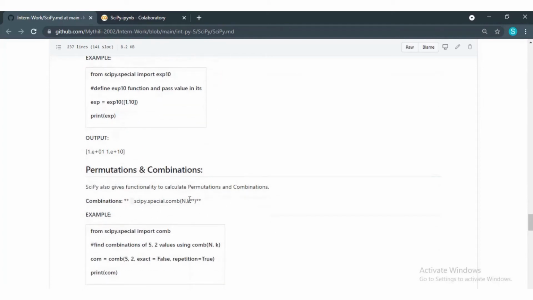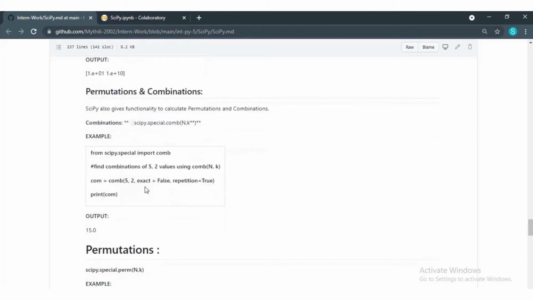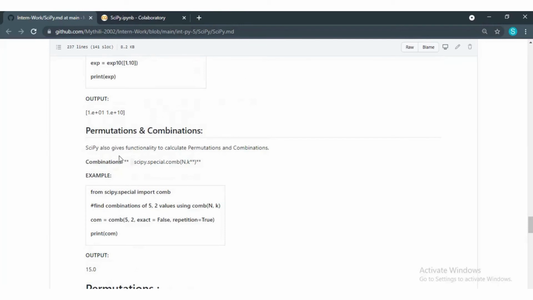And permutations and combinations. The permutation and combination is another advanced mathematical example used with this SciPy module. If you are going to calculate it using the textbook formula, that is n factorial by n minus r factorial, here we have 5 and 2. 5 is n, 2 is r. So 5 factorial by 5 minus 2 factorial, that is 5 factorial by 3 factorial, we will get the output as 15. So this is a small example related to Python, that is SciPy usage by using the module